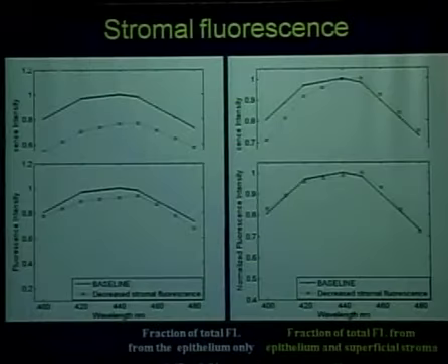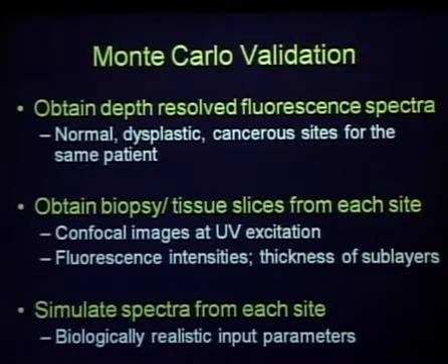And when I look at the fraction for normal tissue, the fraction of total fluorescence that comes from the epithelium, it's about 43%. If I look at the fraction of the total fluorescence that comes from the epithelium and the top 125 microns of the stroma, about 90% of the light is coming from there. So these results are consistent with that. So that tells you sort of on average that we can use Monte Carlo to help us understand the results